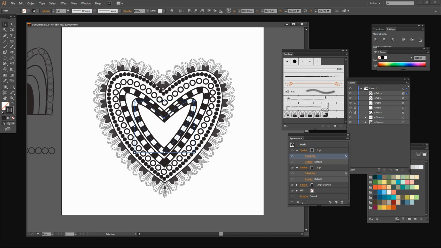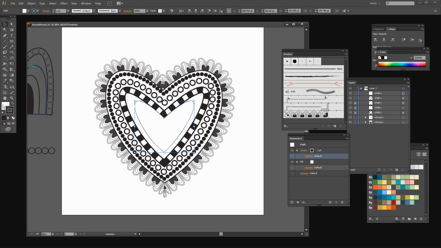I don't want to lose the one I've previously created, because this one that I've just made is going to look completely different. I'm going to press the letter D to set it back to the default settings, because I don't want it to have anything more than just a fill and a stroke, but I do want to reshape it at this point. So again, I'm going to come in here with the direct selection tool and just reshape this. This is going to be the final heart, so this is the very middle of the shape,